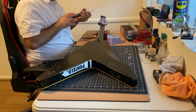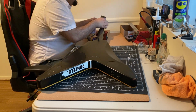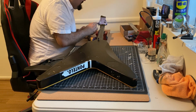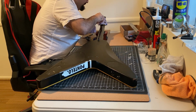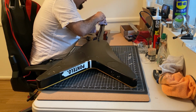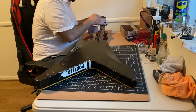So what I'm doing here is I'm masking off the sides of the headstock that I do not want to be smeared by the filler that I'm going to use for the old screw holes. The thing with these new Godot tuners is that they have screw holes that do not align with the pre-existing screw holes that come stock with the headstock of this particular guitar. So what we'll do here is a very simple procedure. We're going to take pieces of toothpicks, they tend to be maple,